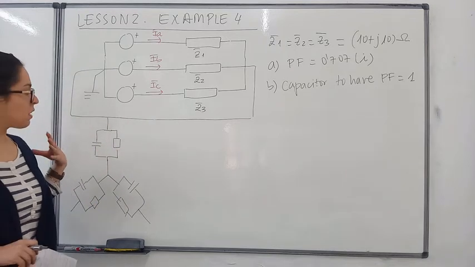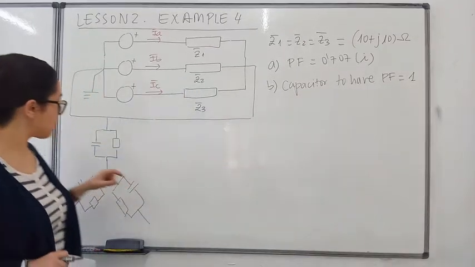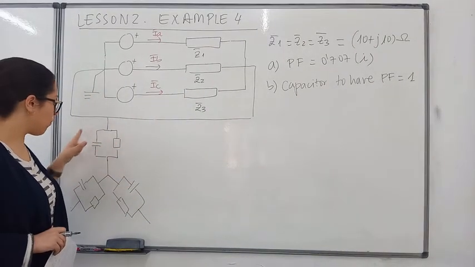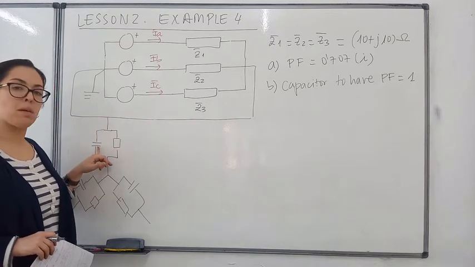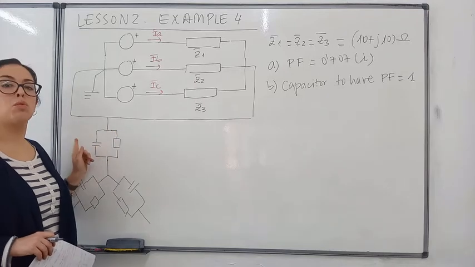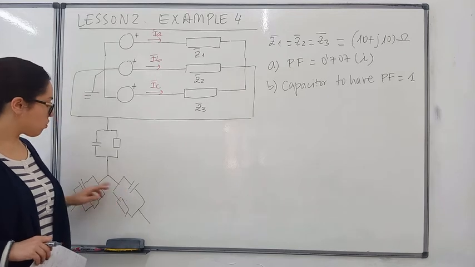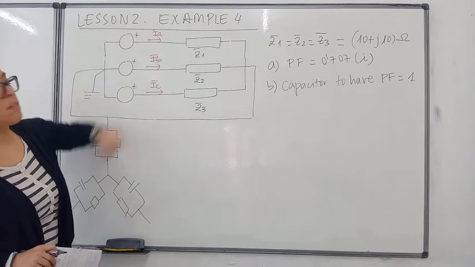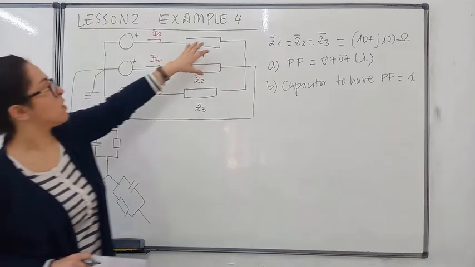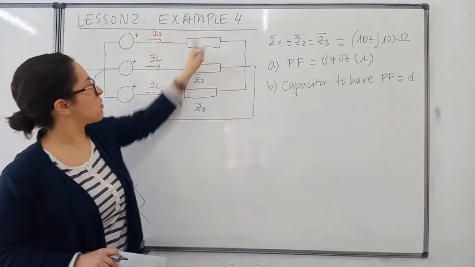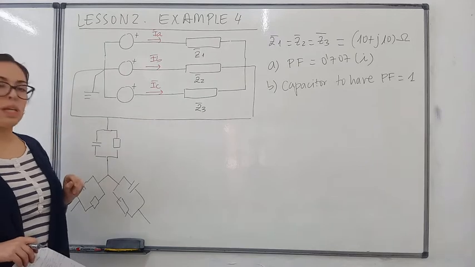So then you can understand that if I want a power factor equal to 1, that means that the power factor of this unit here, which is the load in parallel with one capacitor, should be 1. And the same should happen with the other loads which are connected in the other phases of the star. So this would be the same representation: here a capacitor in parallel, here another one. So, what do we have then?